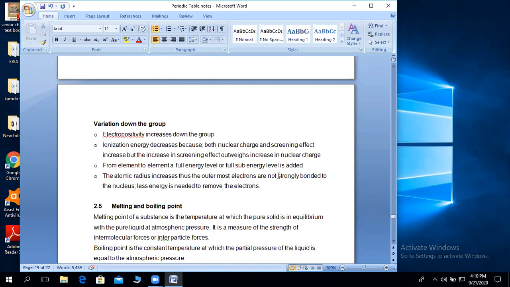I want us to stop here. Maybe next time we shall see what to do, whether to start from melting point. But I'm going to get for you a question to try out. So I now give you the chance